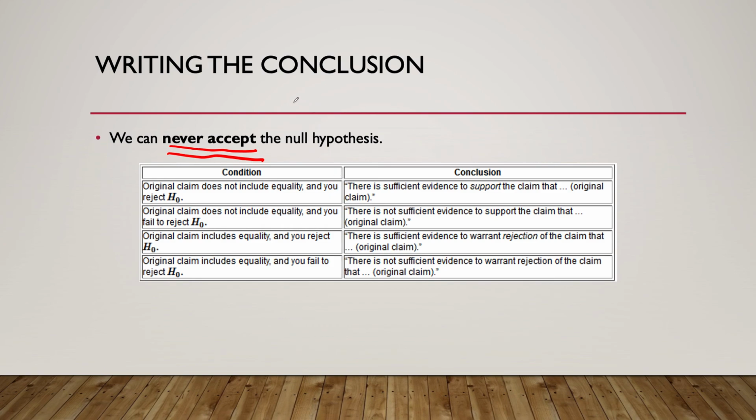But for the time being, if the original claim does not include equality and you reject the null hypothesis, then there is sufficient evidence to support the claim that, whatever the original claim is. This is not a common